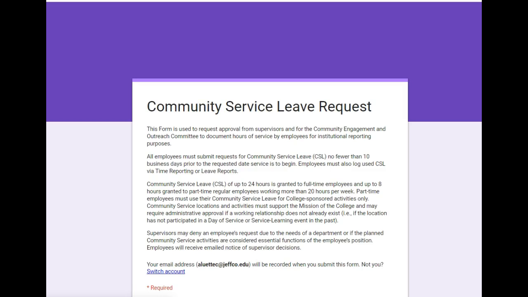This is a short screencast to capture what faculty and staff and supervisors would see as they work through the Community Service Leave Request Form approval process. This is still in draft form, so everything goes to me, but it's pretty quick and easy to switch it over for supervisor approvals. So when anyone gets to the form, they would see the Community Service Leave Request, noting